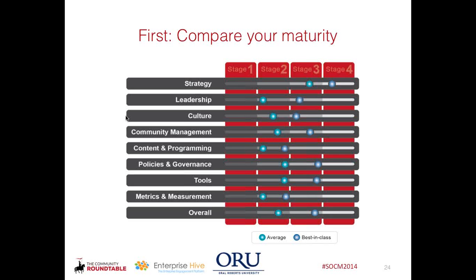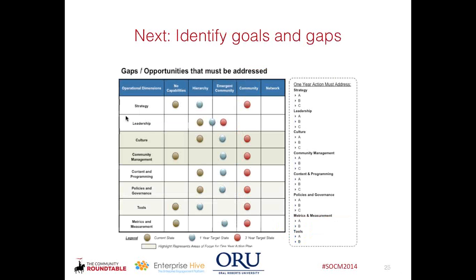And if you do look at this, you can kind of self-assess yourself. And this is the next stage, to look at your community program and say, do I have a good strategy? Am I addressing leadership issues? What are the cultural pieces like training that I have to promote the use of the community? Have I checked all of these boxes? And once you do that, if you go to the next slide, you can do a gap analysis around where you are today, how confident you are in your community management approach, and lay out where you want to be.